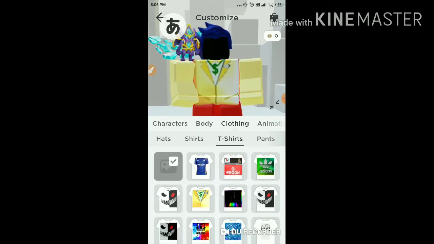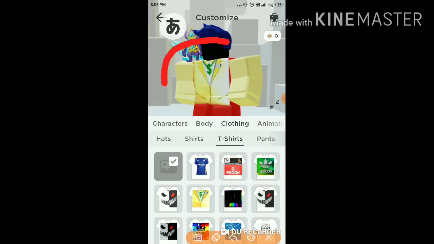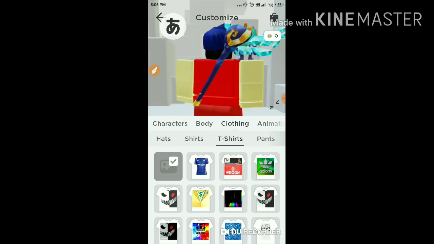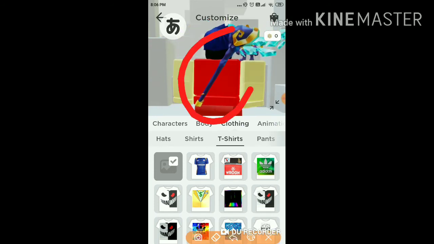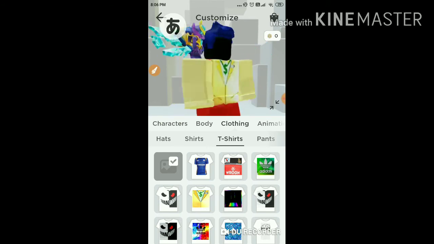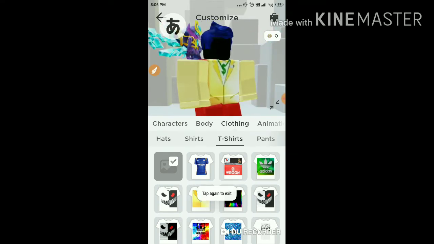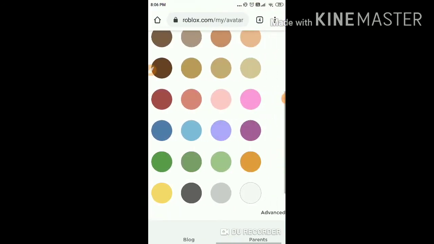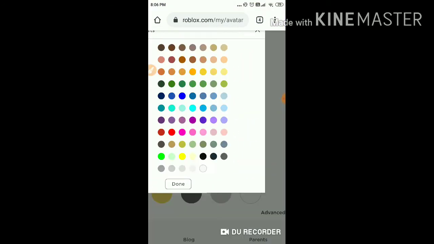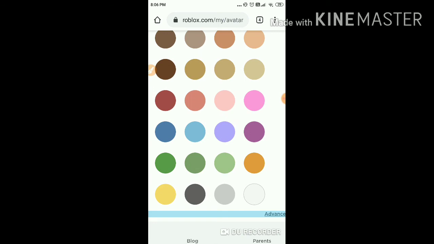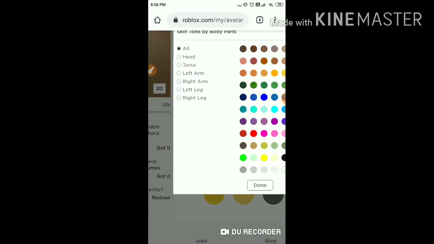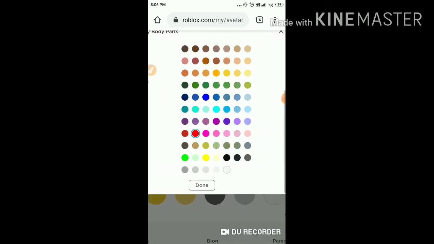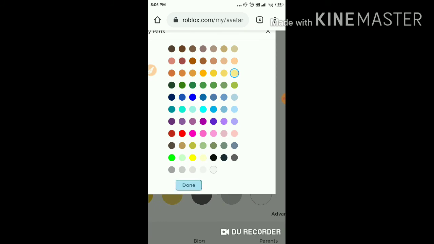So guys, here you can see it like this. It's looking like a millionaire shirt, right, guys? Okay, so you are thinking that it is coming red here. Yes, guys, let me solve this problem also. Go back again to your skin tone and select the torso also to that yellow color, the bright yellow color, this one. Okay, and click on done.